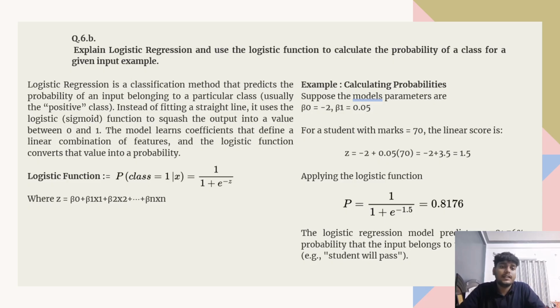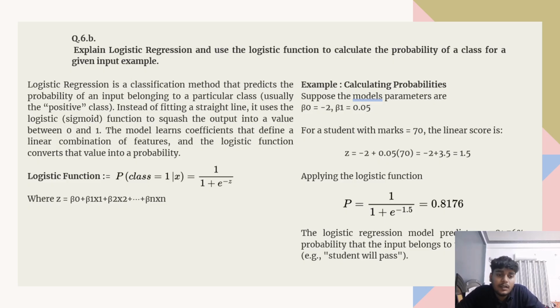Question number 6, B part: explain logistic regression and the logistic function to calculate the probability of a class for a given input example. Logistic regression is a classification method that predicts the probability of an input belonging to a particular class, usually the positive class. Instead of fitting a straight line, it uses the logistic sigmoid function to squash the output into a value between 0 and 1. The model learns coefficients that define a linear combination of features, and the logistic function converts that value